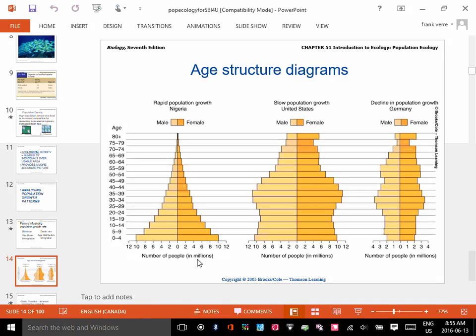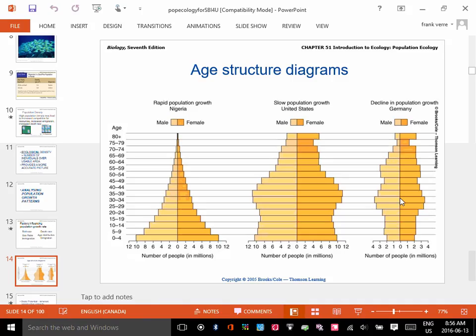But here's the thing. Why is it that the population just narrows out like that? Why do you think it does that? It tells you something about the standard of living in that country, right? Which country has a higher standard of living? Which country has a higher life expectancy? Which one? Think of it. Look, how many people get to old age in Nigeria? Is it a lot? No, very few, right? If you look at Germany, it's much broader.